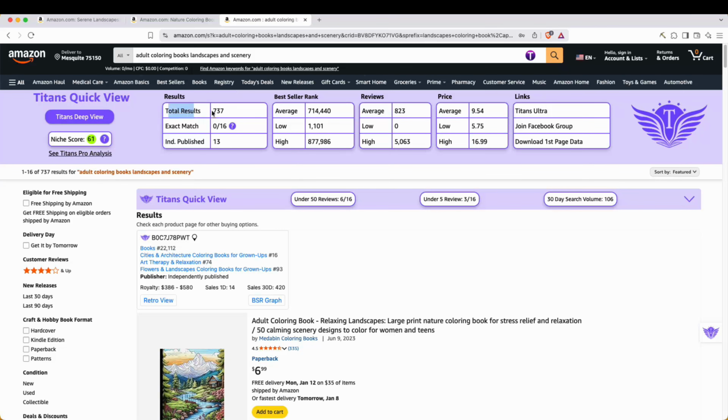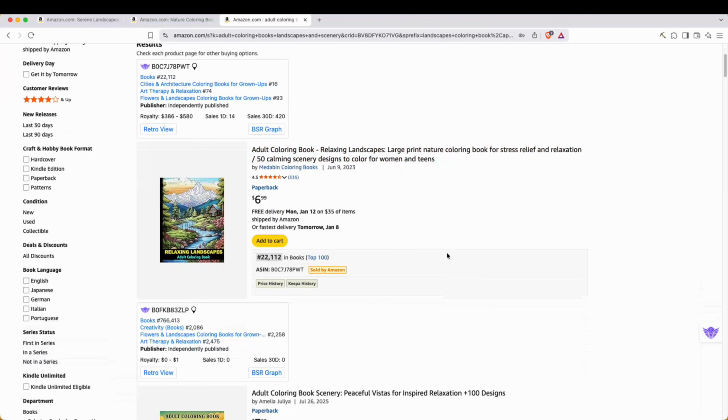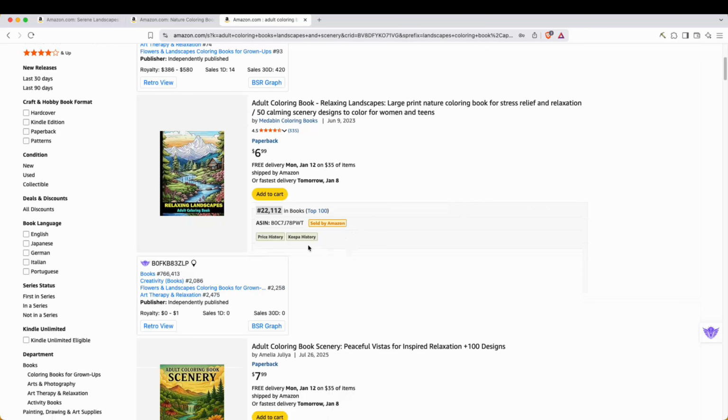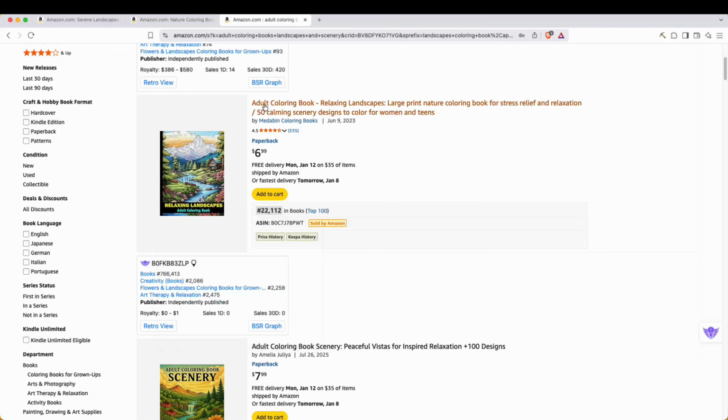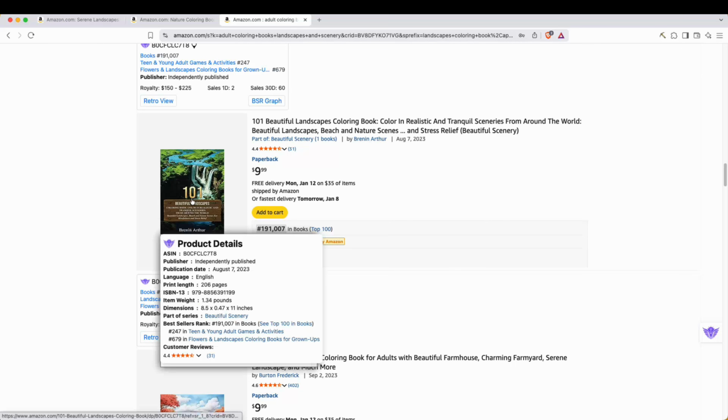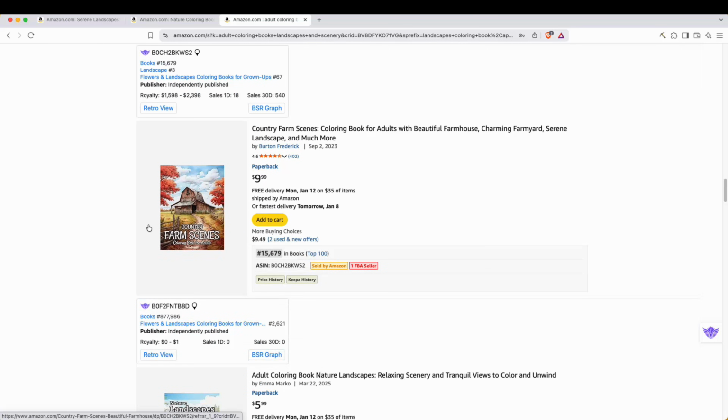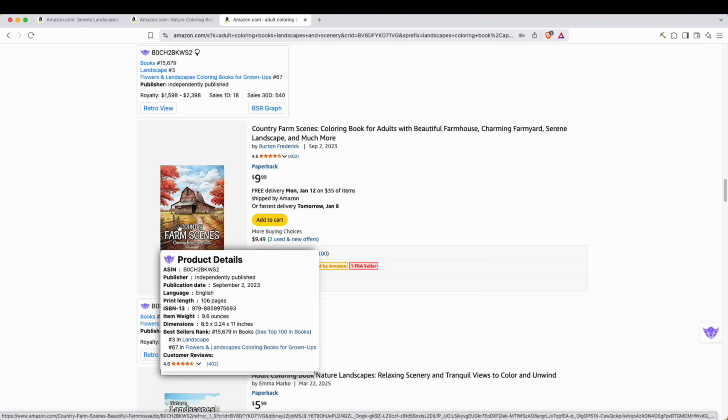Total results 737, so not too competitive here, with a niche score of 61. And looking through the books here, you have the number one ranking at 22,000. This one is Relaxing Landscapes, 191,000, and Country Farm Scenes doing very, very well at